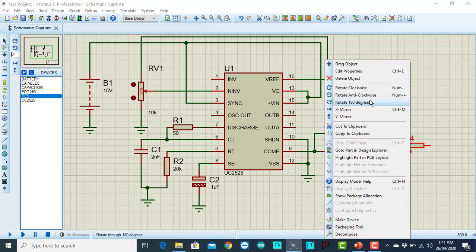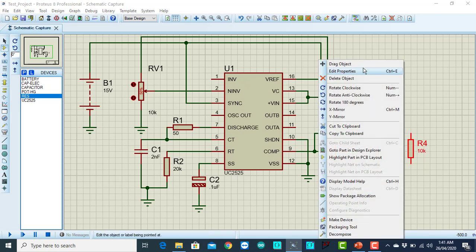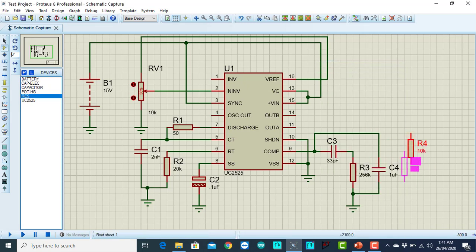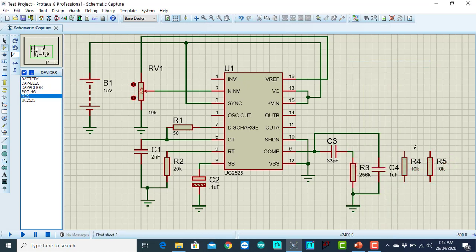The output stage is open collector, so I need to connect resistors with these two output stages, and then I have to connect this over here to the ground.